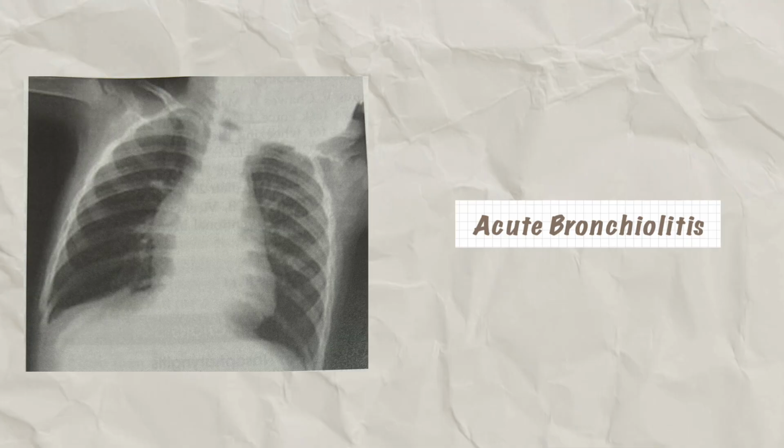Acute bronchiolitis. It is one of the common serious acute lower respiratory infections in infants. Affected infants are between the ages of 1 and 6 months. But the disease can affect children up to their second birthday. Disease usually occurs in winter and spring. Respiratory syncytial virus, that is RSV, is implicated in most cases. Other causative organisms include parainfluenza virus, adenovirus, influenza viruses, and rarely Mycoplasma pneumoniae. Protection against RSV is mediated by antibodies of IgG3 subclass.